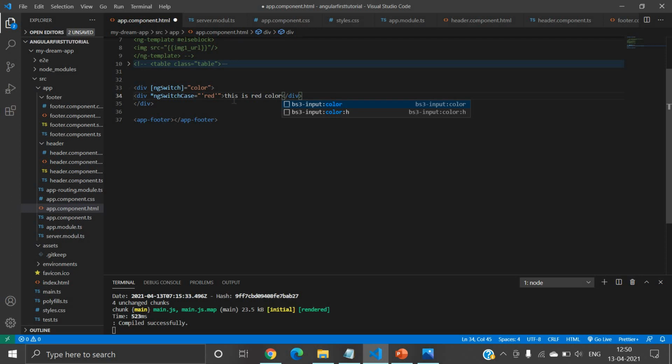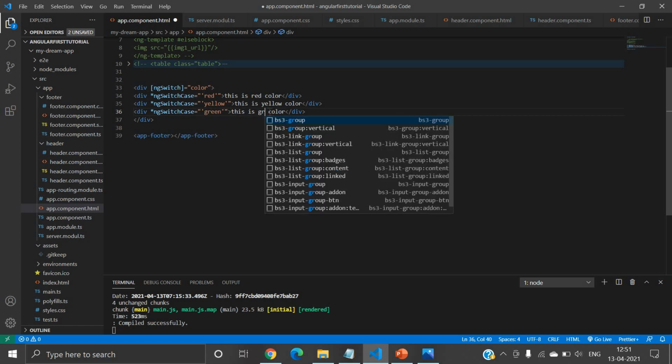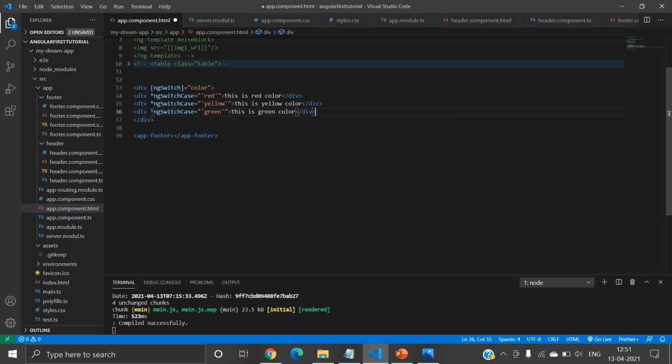And again I will use another condition. I will use three conditions. Second is yellow, this is yellow color, and third is, let's say, green. So this is green color. And last, I want to use a default value.